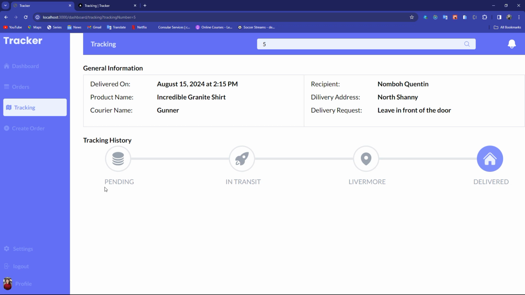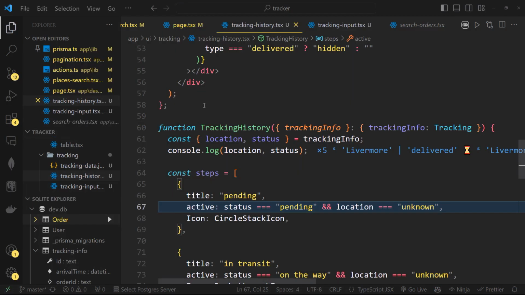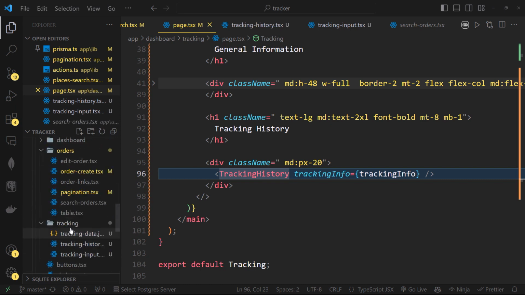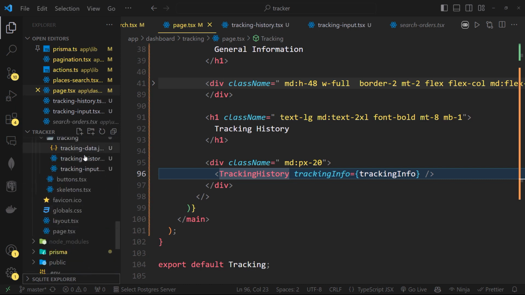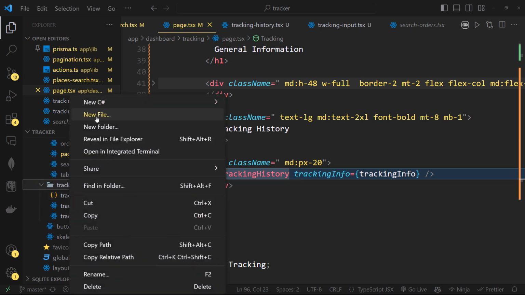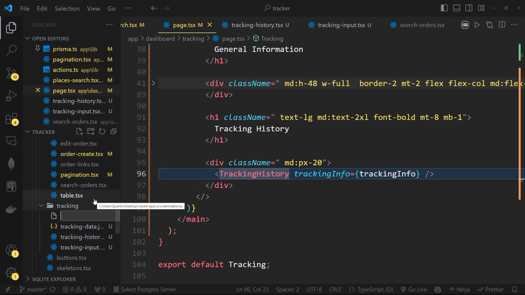Now we just need to plug in the map. Let's go and plug in our map here. Beneath this, we're going to have our map. So I'll head back down to the application here. This is our page. Let's close the SQLite Explorer there. Let's come down to tracking here. I'm going to create another file in this tracking. I'm going to call this